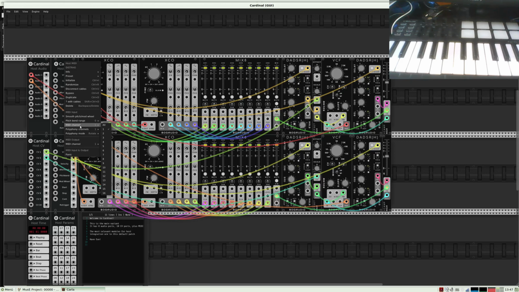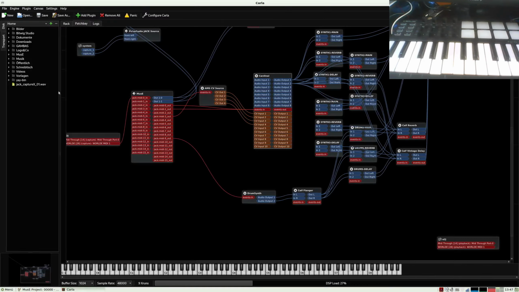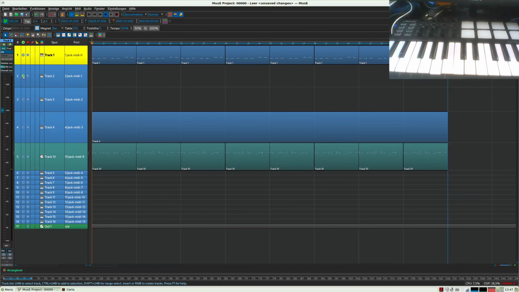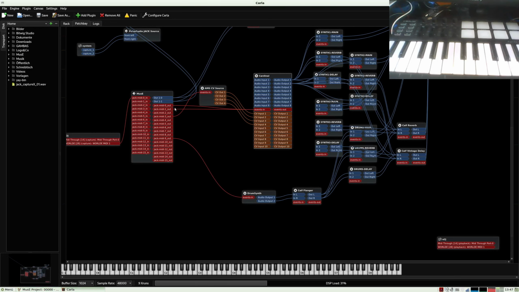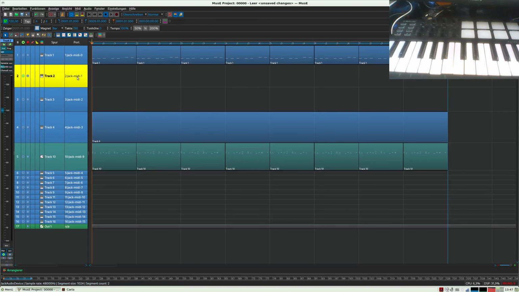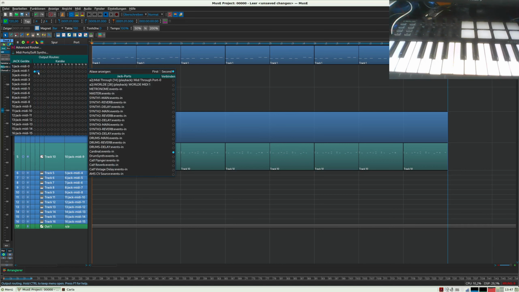It's on MIDI channel 1. And this one here, it goes to, okay, this must send on MIDI channel 2, so I have to change it with this button here and put this to 2.